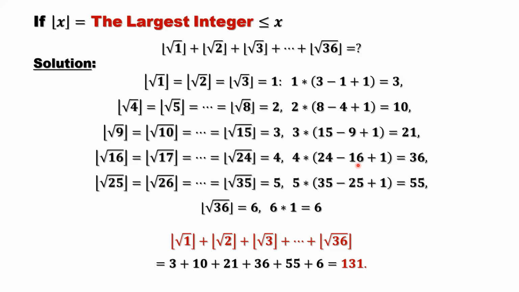So the general idea is what? For each subsum here, you need to find a general formula for this sum, then use the summation formula, for example, the sum of squares formula for consecutive integers. And also, you need to pay attention to the last one, right? The last one maybe cannot finish the whole cycle. For example, here, the last one, you only have 1 item. If here's 37, you may have 2 items there, right? If here 38, you have more, right?